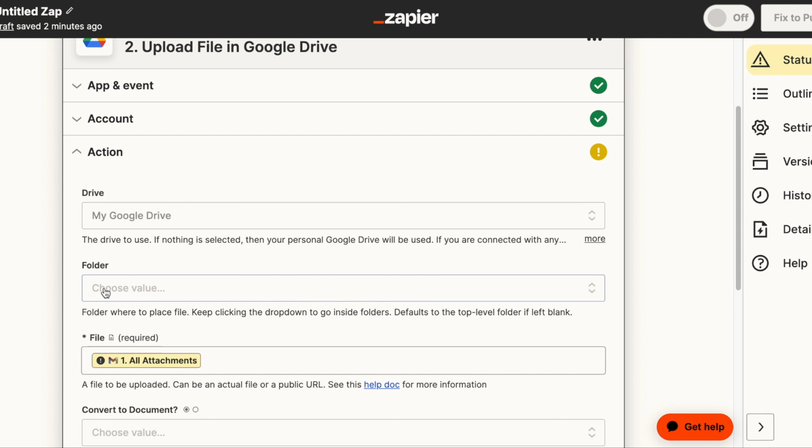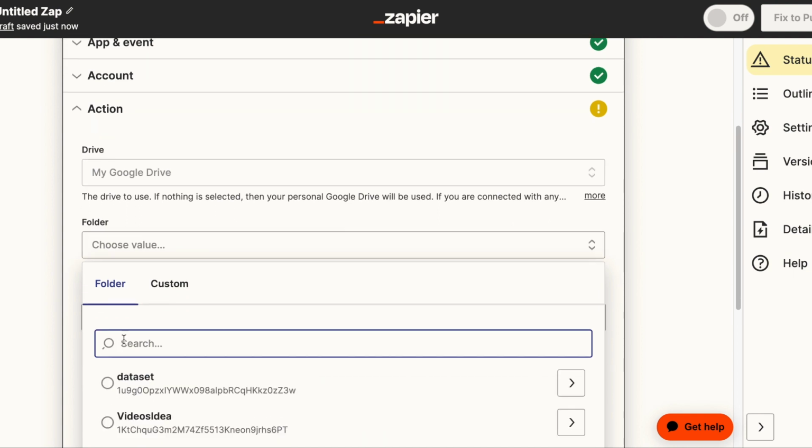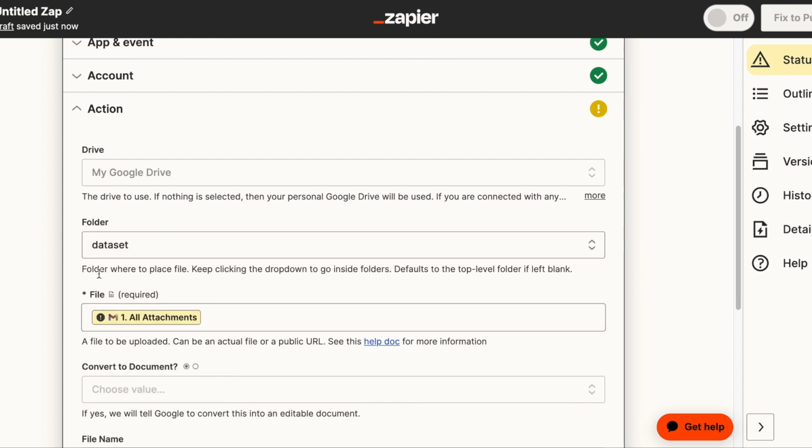We just don't want to put the file anywhere in the drive. We want to put the file somewhere in some folder, because that way it will make more sense. If we are going to automate the job, it will always drop the file in the same folder. So Zapier has the access to my Google Drive, so it will show me all the folders which I have in the Google Drive. So I will select this first folder, dataset, and